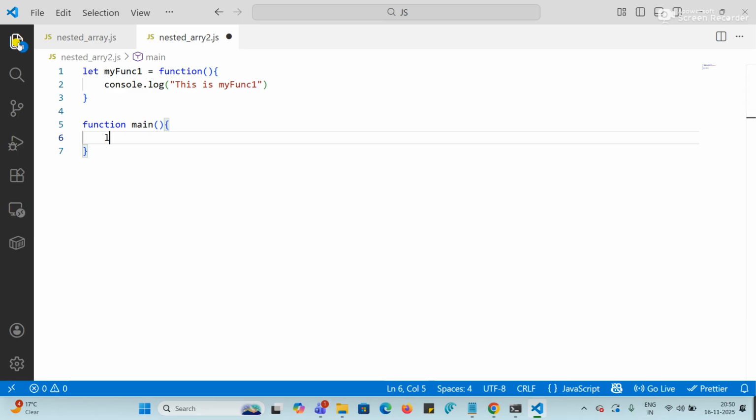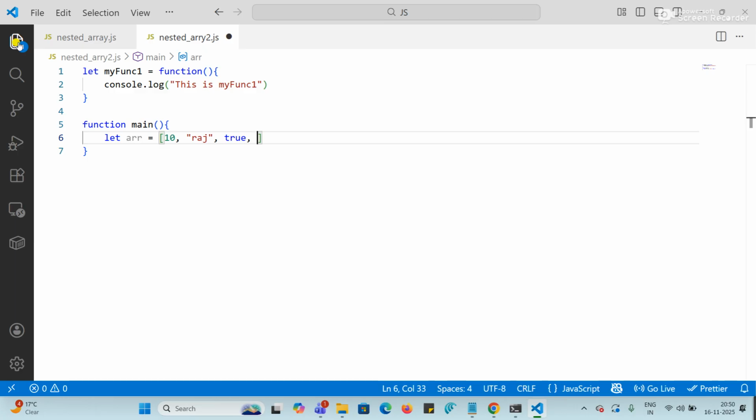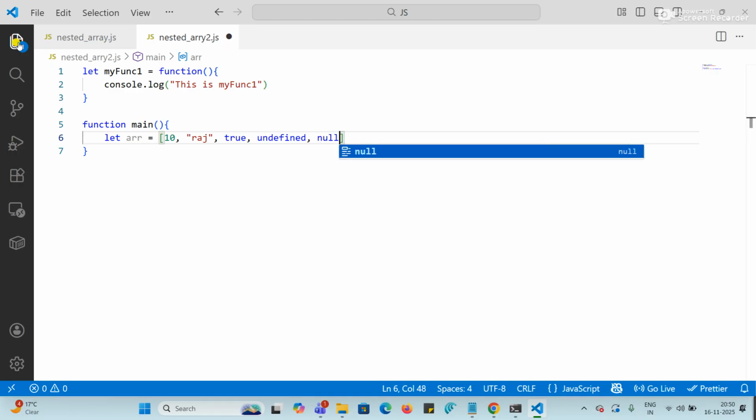And here we have an array, arr, and in this array, let's put some data of different data types. Let's say first is a number, second is a string, third one is a boolean, fourth one is undefined, right? Fifth one is a null, right? Sixth one is another array,